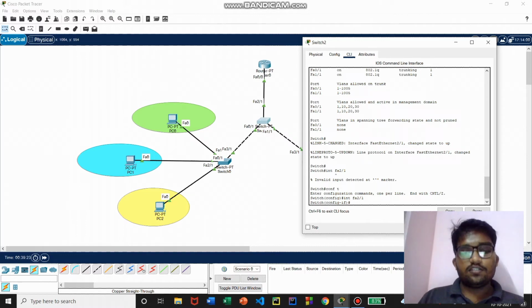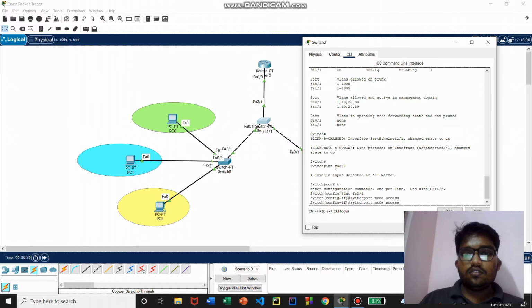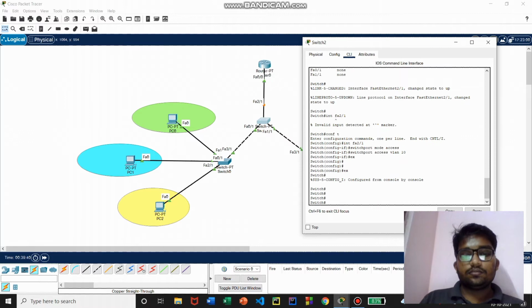So it should be in access mode. Let me do that. Switchport mode access, switchport access VLAN 10. So what it means is it will carry the traffic of VLAN 10 alone. Exit. Now let me give the command show VLAN.